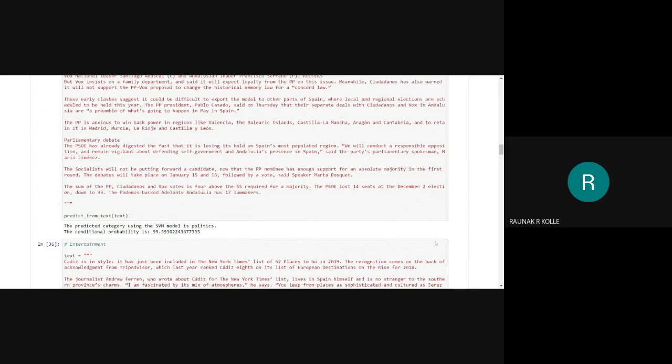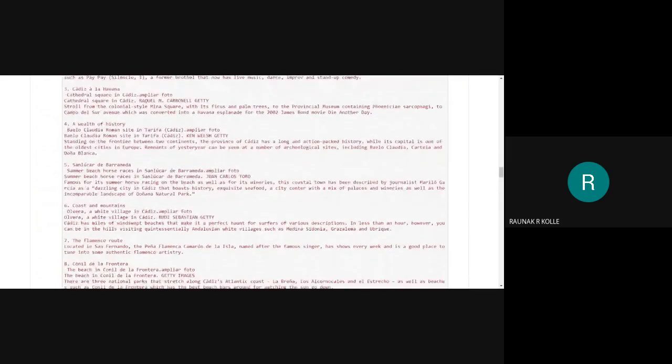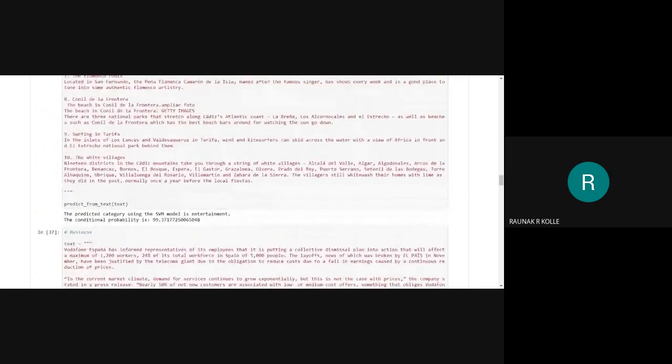We then have an article in the category of entertainment, which is predicted correctly, and the conditional probability is 99.37%.